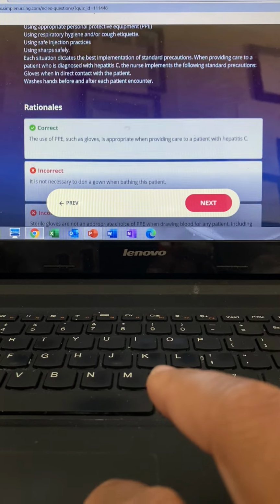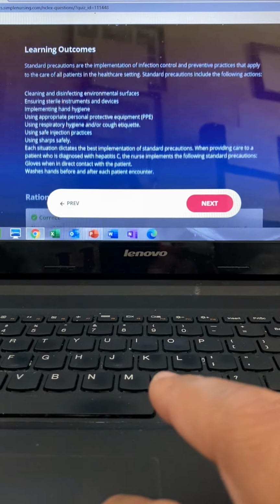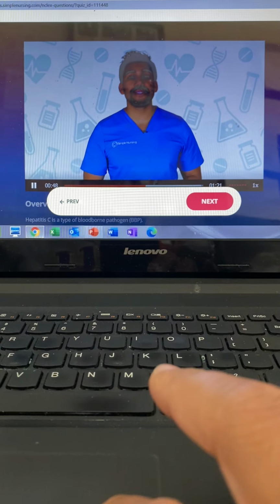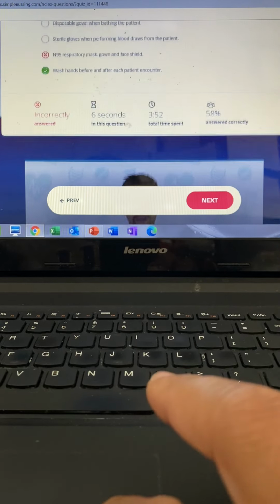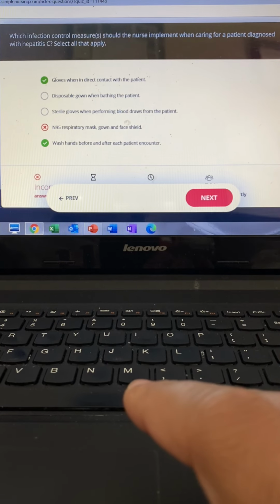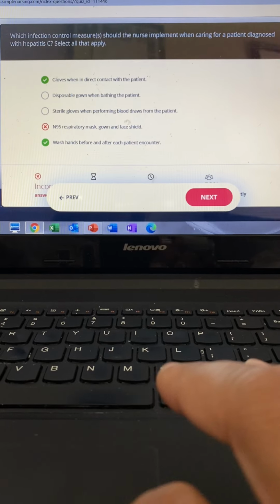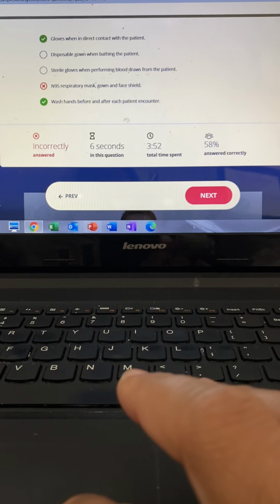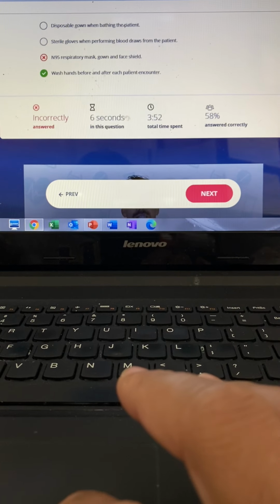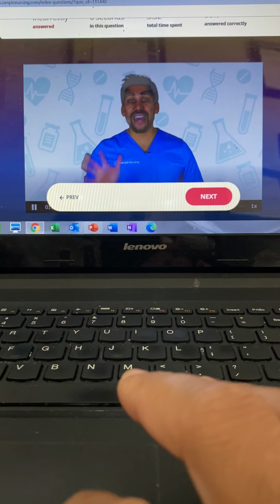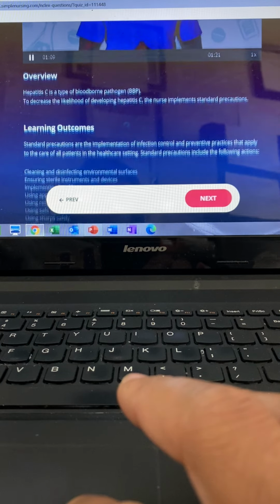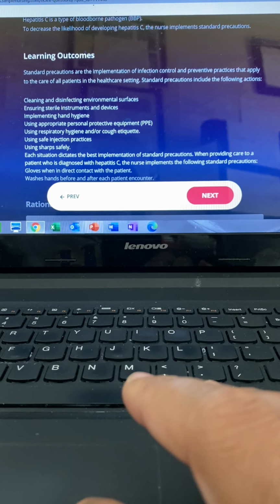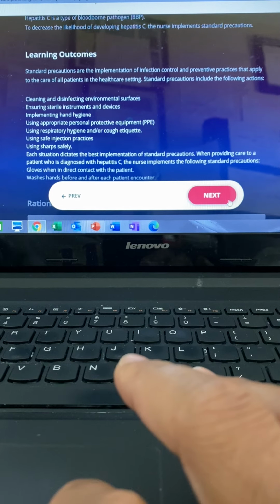So option number 1 is correct. Gloves are standard precautions that prevent contact with blood. Now option 2 is incorrect. Guys, gowns aren't necessary. We're just talking about standard precautions here. And option 3, we don't need sterile gloves, so it's not necessary, incorrect. And option 4 is also incorrect. You don't need an N95 mask. You just need standard precautions, which is our gloves. And option 5 is correct. Hand hygiene is necessary. So, guys, always hand hygiene is usually a correct option here. Okay, that wraps it up. For more details and